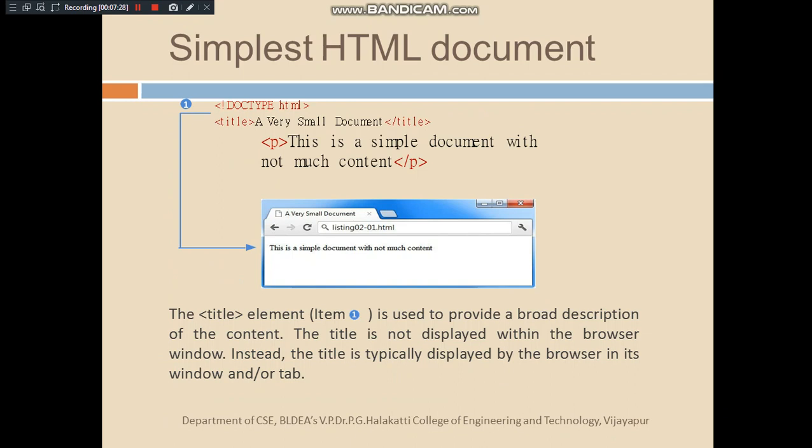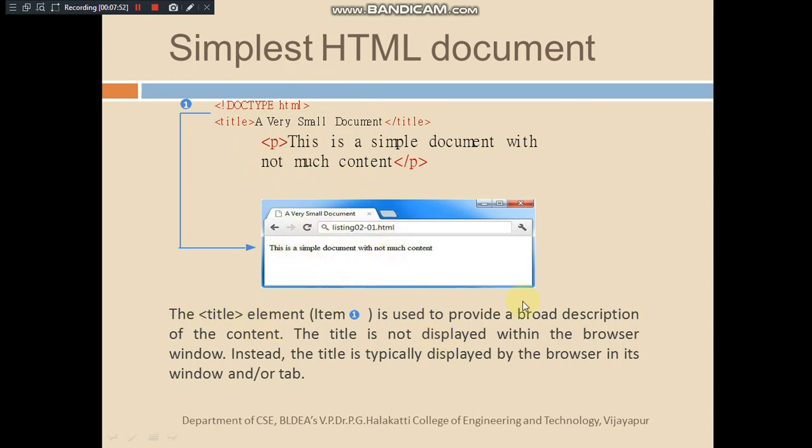So let me take the simplest HTML document. You can observe the first line here, doctype HTML. This is mandatory when we are writing the document in HTML5. Otherwise, in simple HTML, we are simply writing html alone, and you have a title as we discussed yesterday. Here it is demonstrating a paragraph, so one paragraph is displayed inside a web page.